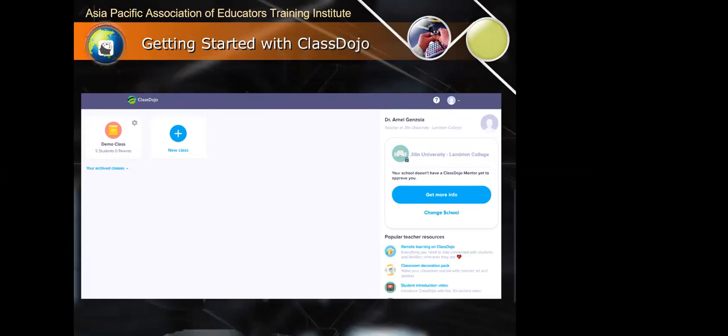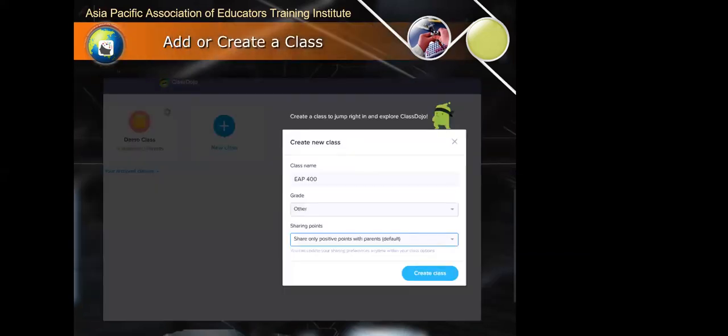Once in, you are ready to add or create a class. All you have to do is click on the new class tile, enter a name for your class, select your class grade level or year, and choose your sharing points preference. Once finished, click the blue Create Class button. From your new class, click on the Add Students tile. If you look at the screen right now,